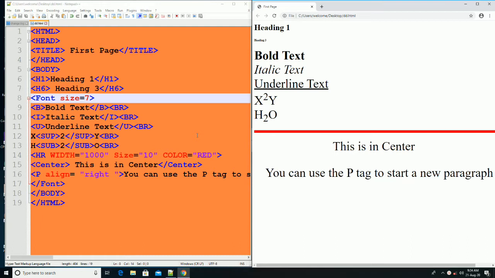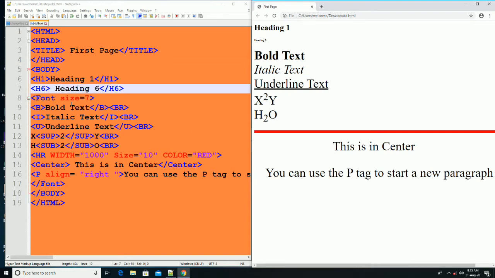First of all, we will see the formatting tags, that means the text formatting tags. So let us see the font tag. The font tag is used to change the font type, size, and color of the text. So you can use the font tag to change the font type, size, color. Three attributes are there in the font: